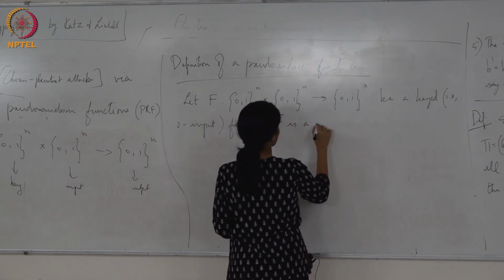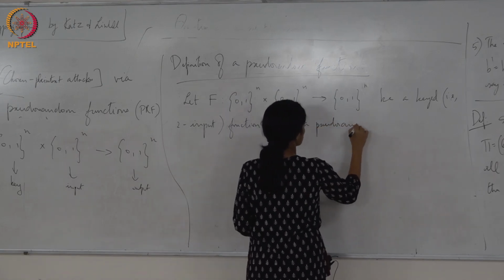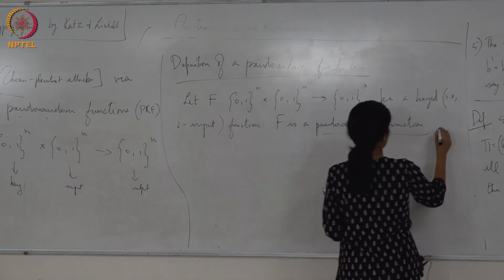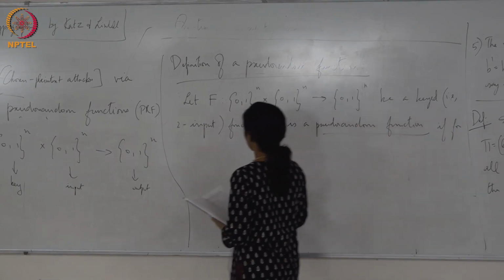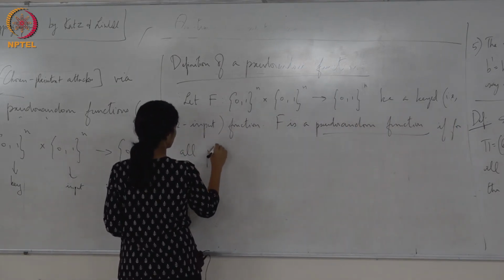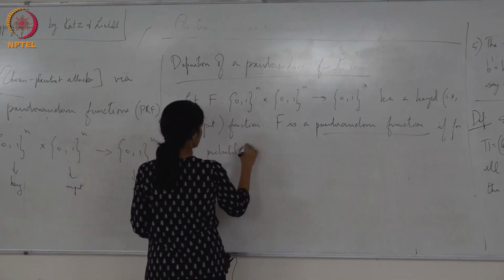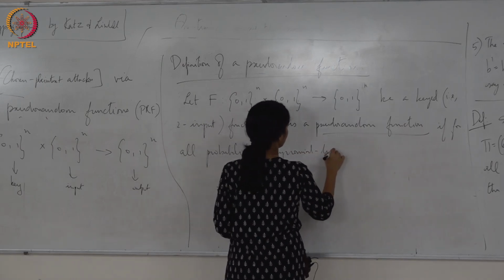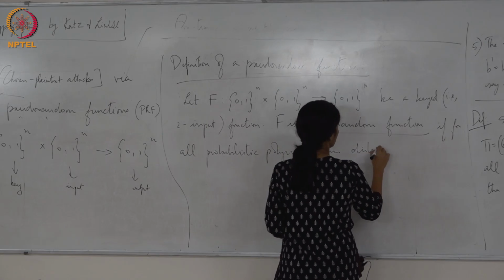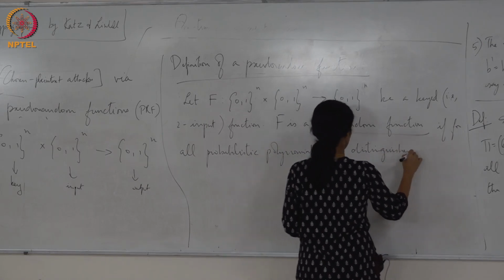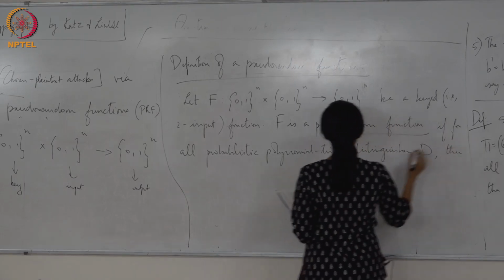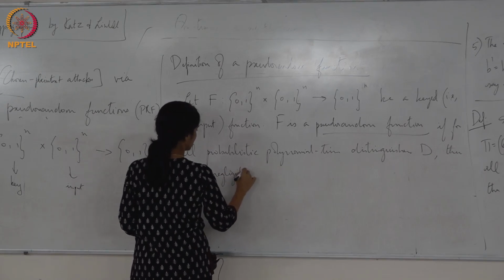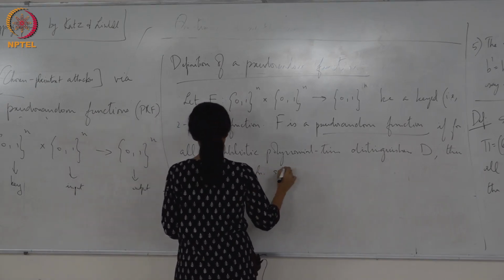So such an f is a pseudo-random function if for all probabilistic polynomial time distinguishers D, there is a negligible function such that